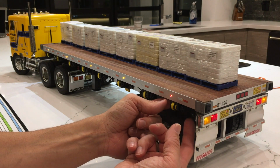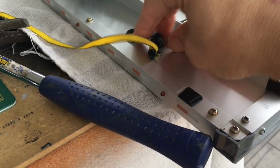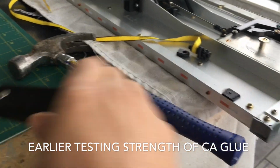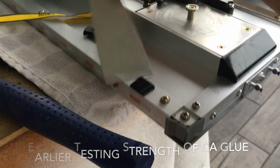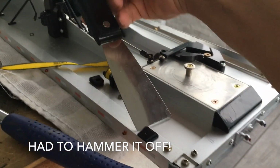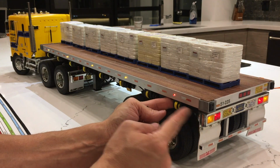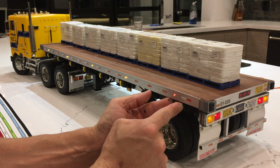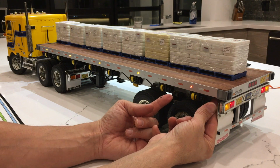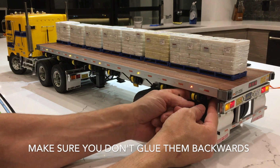All right, so like I was saying, crazy glued to the aluminum. It's on there pretty good. I tend to use both hands anyway, and keep in mind if you're going to be using one this close to the back, you want to leave a little bit of space so that you can get your fingers in. So I've oriented them so that the gear is on the right hand side, being right-handed, and then